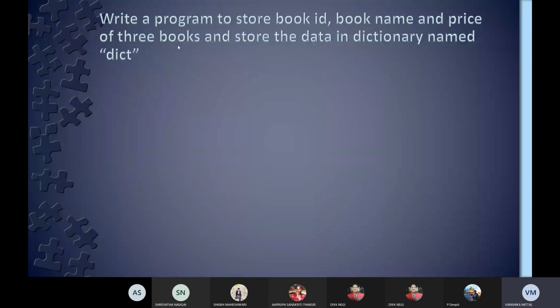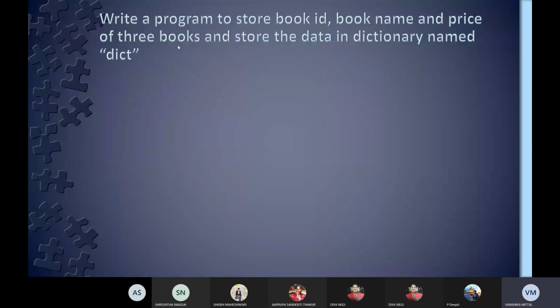I'll repeat. First of all, we'll take input for all the 3 things. Then we can club any 2 of them as one, assigning a new variable to them, and then the third left one can be made key, and those 2 clubbed ones can be made their value. Let's look at the program.